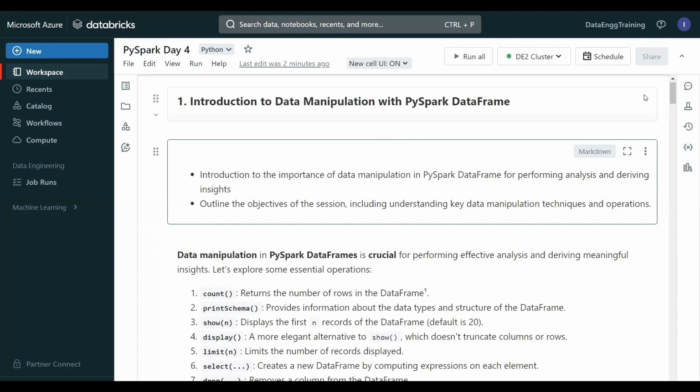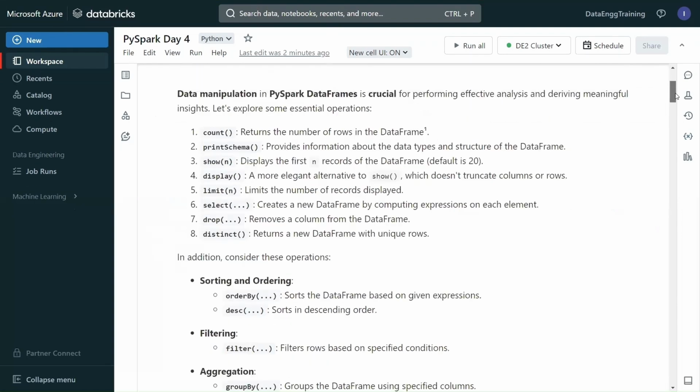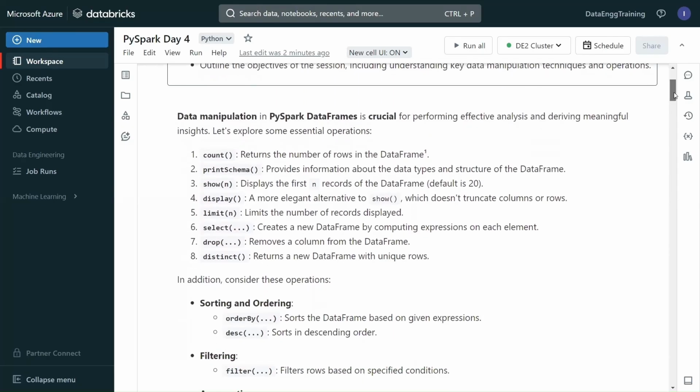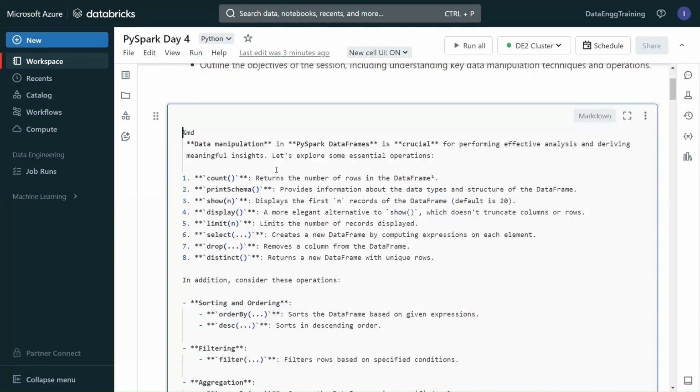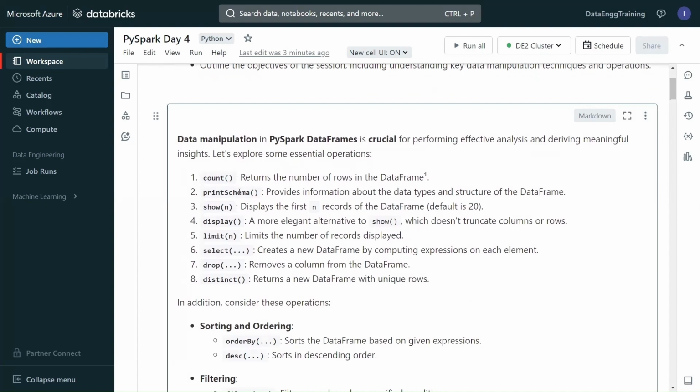I have created a notebook in Databricks, as you can see, and I have added many things related to data manipulation. It is really essential in the PySpark data frame, because by using data manipulation, we can do certain data analysis and get some meaningful outcome, some insight from it. Some examples of data manipulation are getting the count of the data and printing the schema,